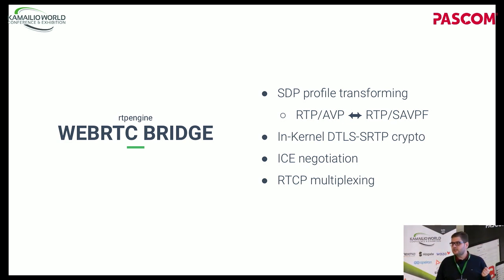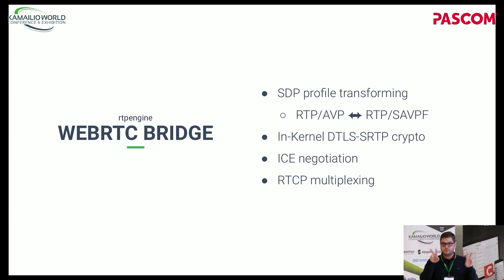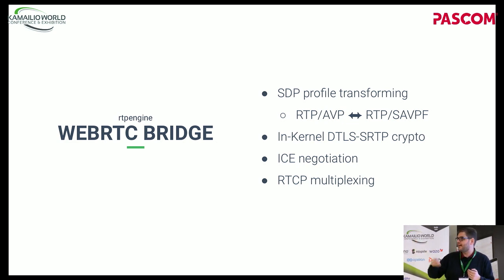It supports ICE negotiation, so what you can do is you can say, okay, depending on the mode I want to operate, I can actually add RTPEngine as another ICE candidate, for instance. So if the two endpoints are able to establish a peer-to-peer connection, then RTPEngine will do nothing, right? But if they're not, then they can use RTPEngine as another candidate in order to establish the connection. But you can very well also force RTPEngine into the call, saying strip all of the ICE candidates out that the peers were providing and just put yourself in there, right? And the other thing is that it does RTCP multiplexing, right? The standard mode of what WebRTC actually does.